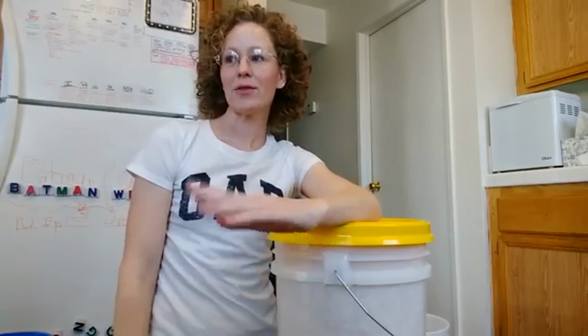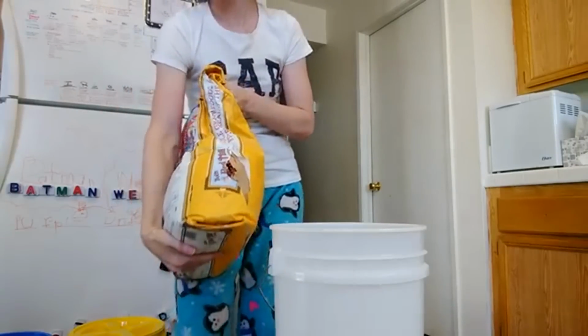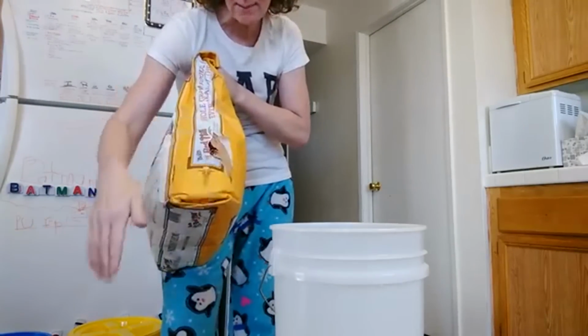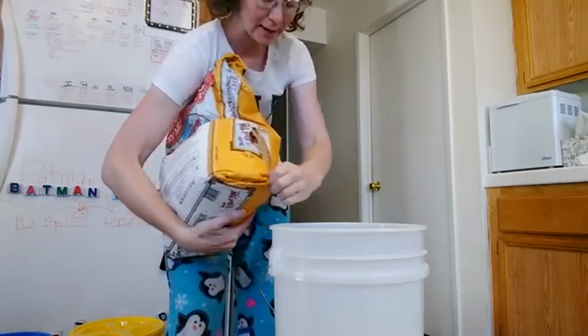After I let those sit for about an hour or so, I'll see if they seal themselves back down, which will let me know that they have a little bit of life left in them and that they're going to do what they're supposed to for another time or two. All right, last bag of the day. This one is more kidney beans. And as you can see, my bunny chewed a hole in it. So we'll just use that handy dandy hole to